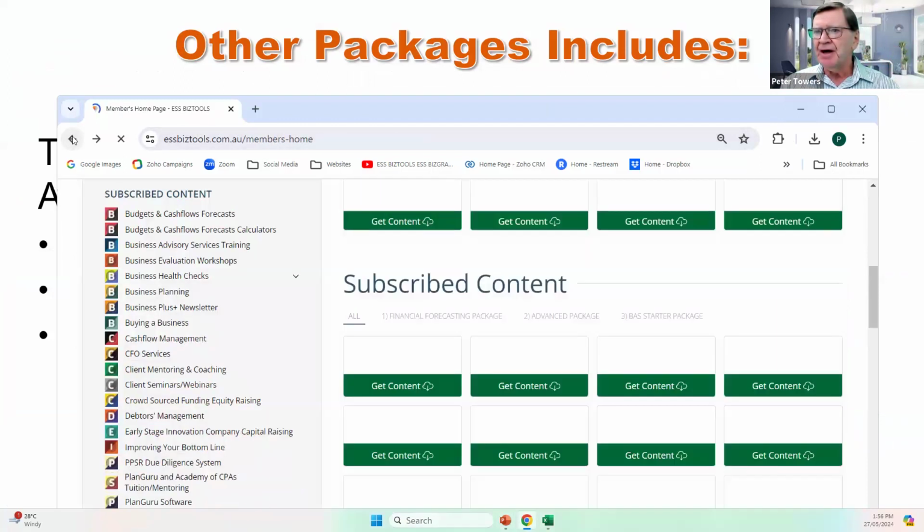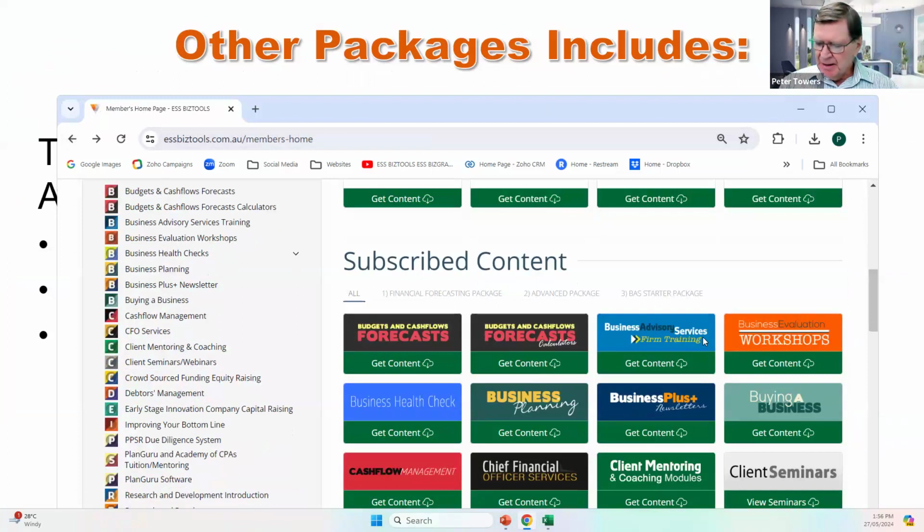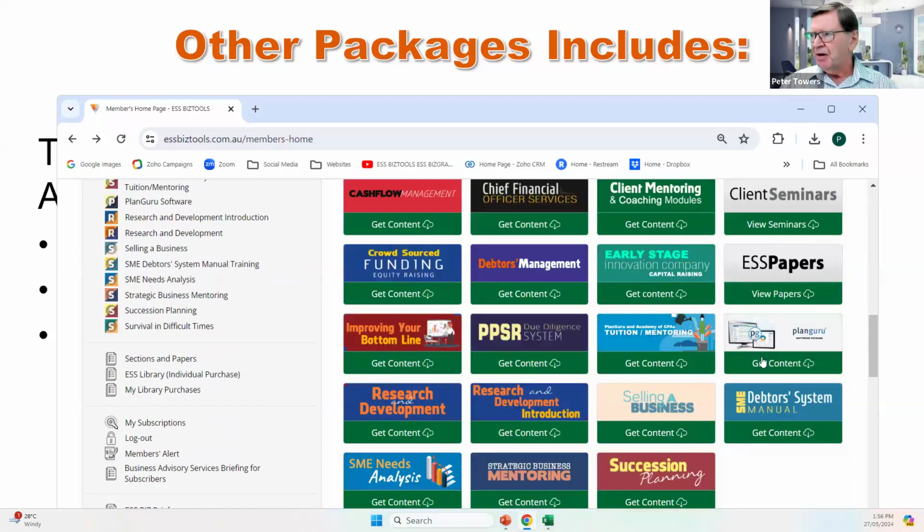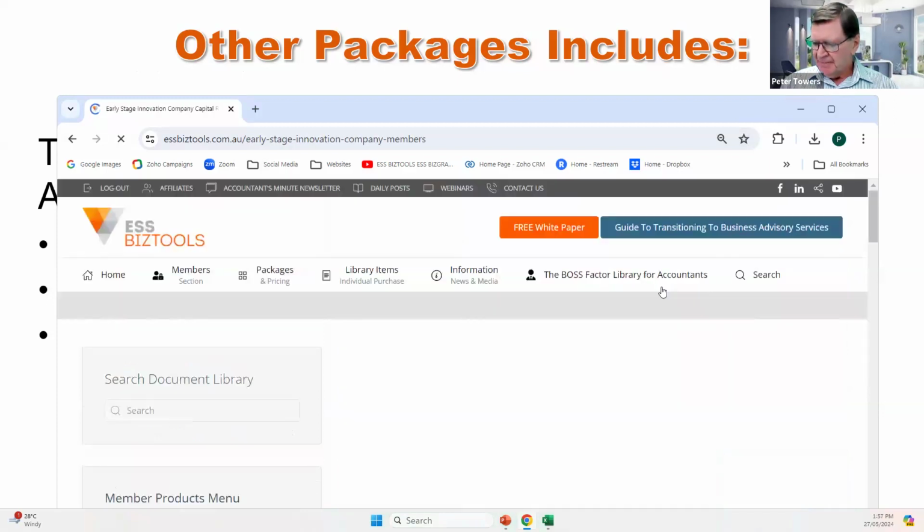So I hope that you're getting a better overview of how ESS BIZTOOLS fits together to enable you to be able to offer these services to your clients. The next one I want to talk to you about is the